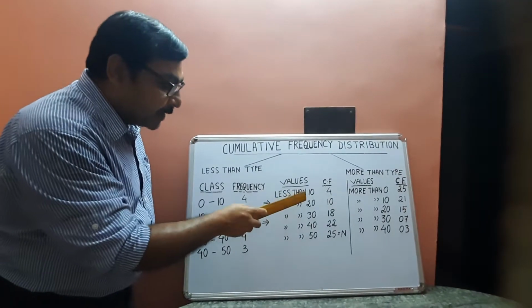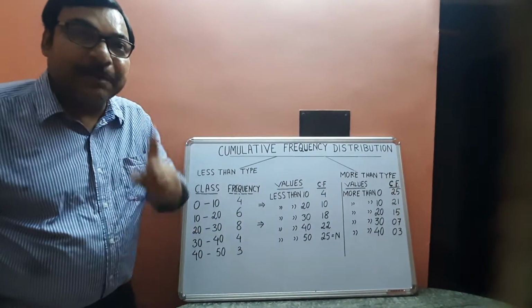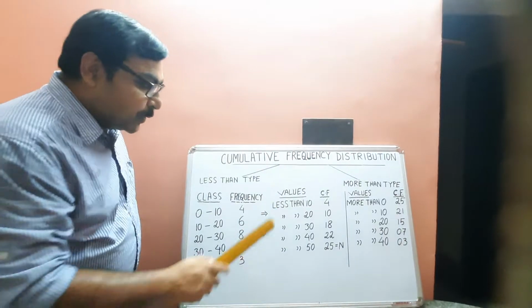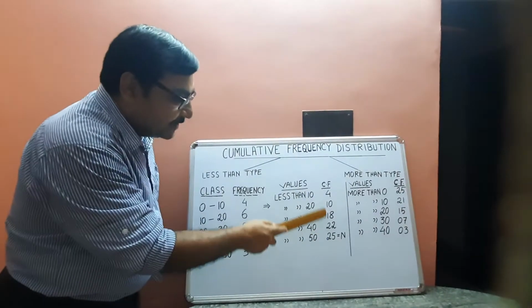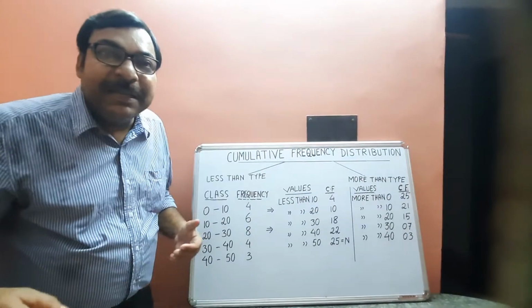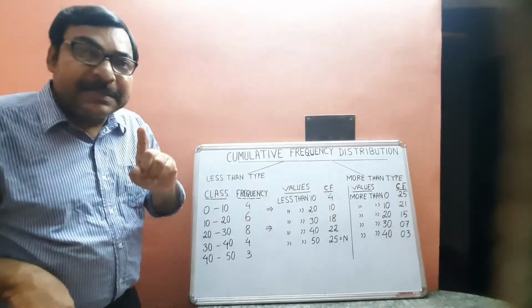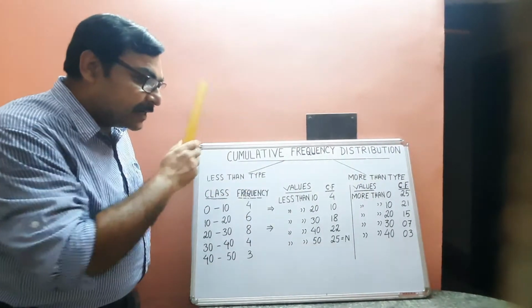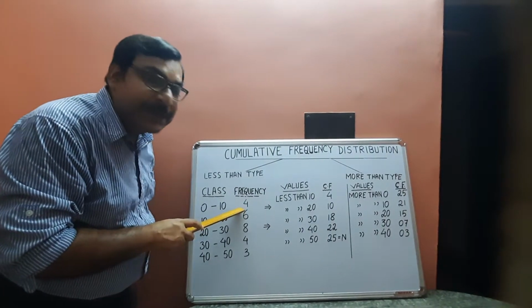Less than type cumulative frequencies are based on upper limits of the series. Characteristic number 1. Number 2, less than type cumulative frequencies are gradually increasing: 4, 10, 18, 22, 25, gradually increasing. Characteristic number 3, in case of less than type cumulative frequency distribution, first simple frequency is equal